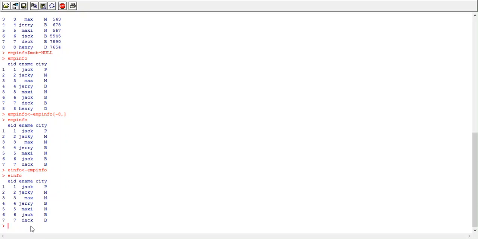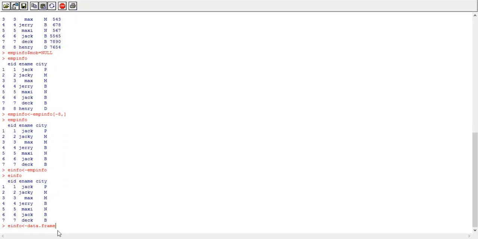Now we'll see how to fetch all columns and a few rows from the database to create a new data frame. So I'm overwriting this einfo data frame. So einfo equals, now I'm fetching a few rows from the data frame. Here we don't want to copy the entire data, that's why we have to use the data.frame function to create this new data frame.